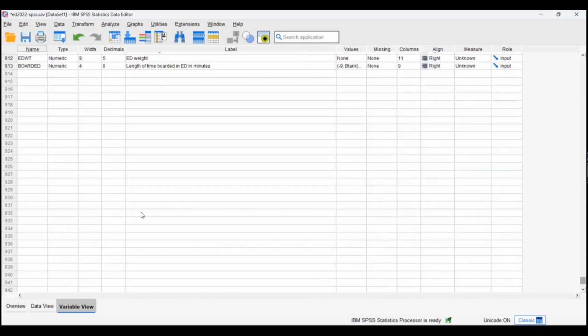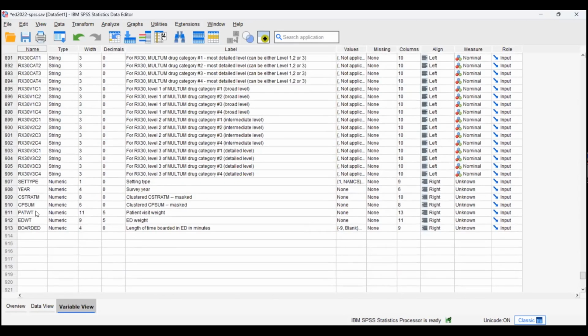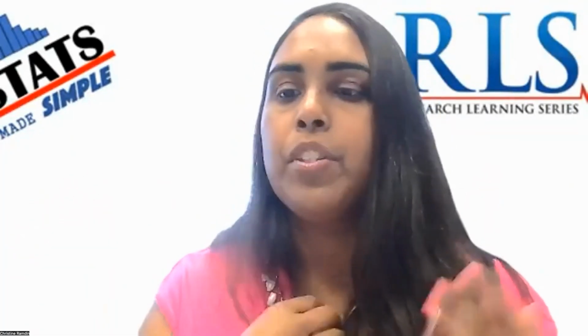And then we have our patient weights, which are very important. That's the visit weight as approximated by the CDC, etc. So with that being said, I'm just going to stop sharing and give you guys a quick example. One or two years ago, I was really fascinated by the fact that, I was thinking in my head,